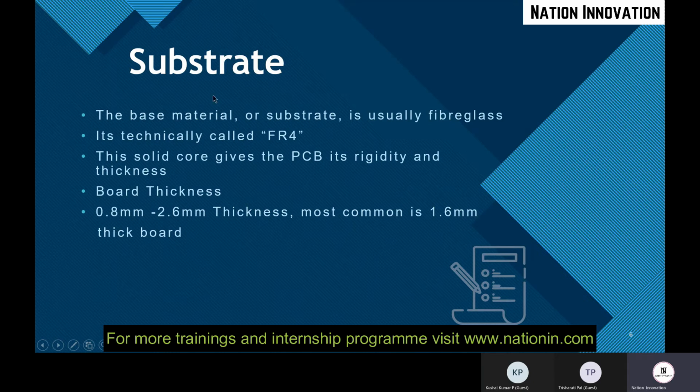According to the thickness of your substrate, your PCB size will be determined, and the board thickness also depends on this substrate. The thickness of this substrate will be around 0.8 millimeters to 2.6 millimeters, and most commonly it will be 1.6 millimeters.